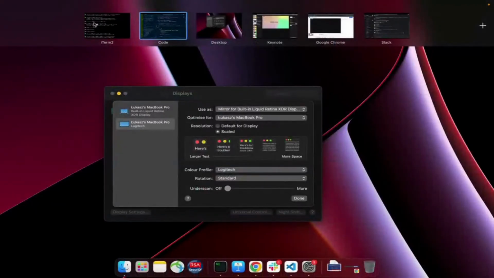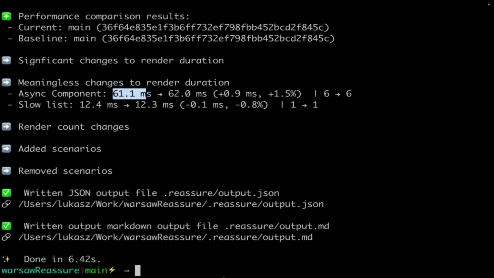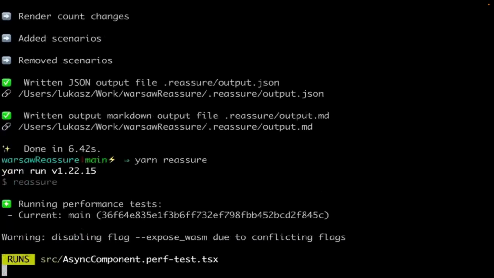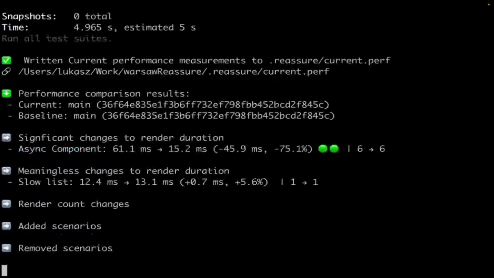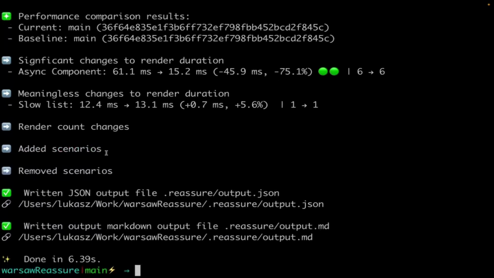So let's go to Reassure again. My baseline is this small change to slow list. Let's see how this will do. And I can see that my async component actually dropped very significantly in render time, from 61 to 15. Render count didn't change, but that is a great improvement.